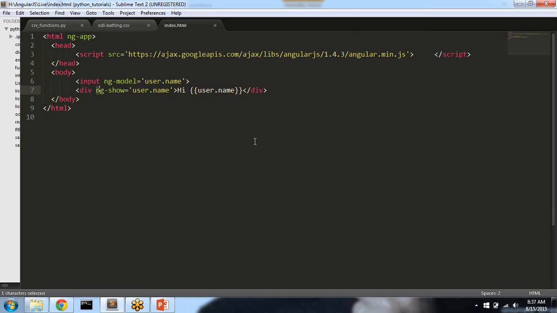This is how AngularJS directives work. The moment you see ng hyphen something, it belongs to AngularJS. I'm calling the AngularJS CDN here, referring to angular.min.js directly from Google APIs. You can download your own copy from this website and keep it on your local machine.